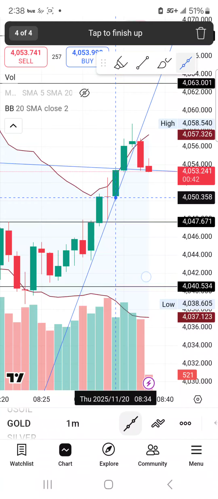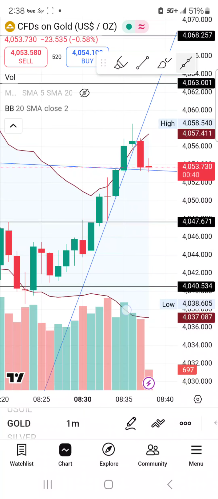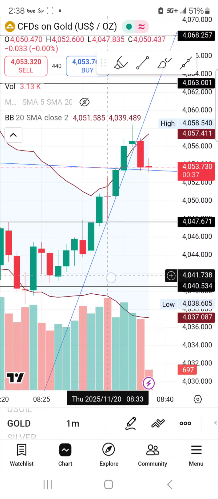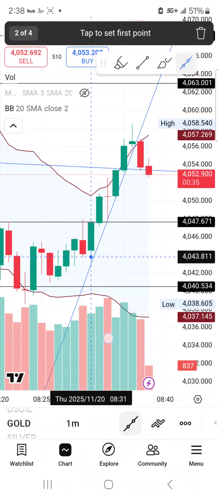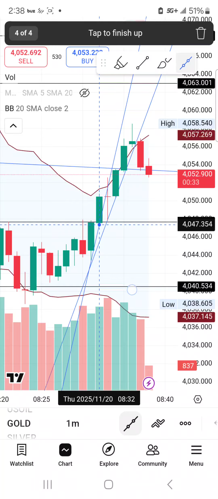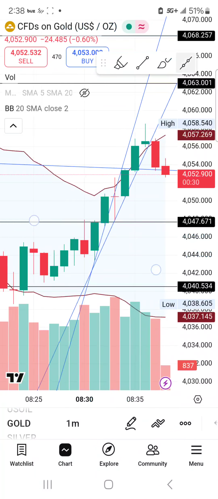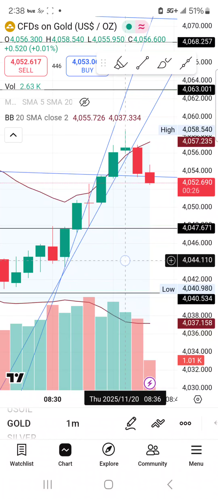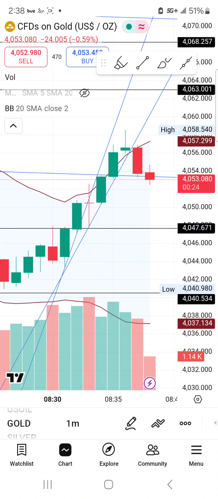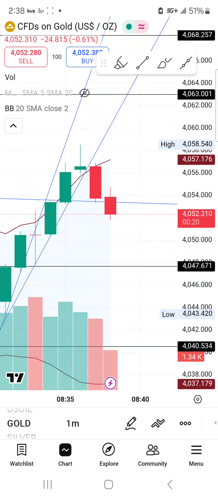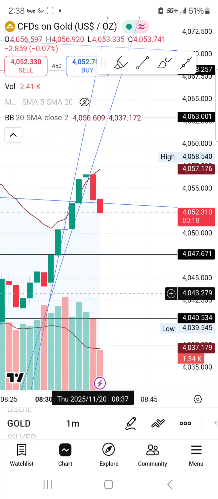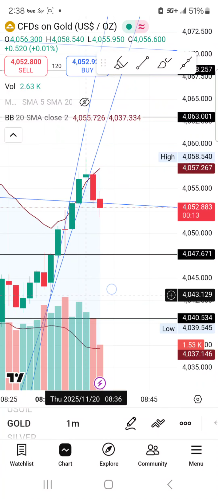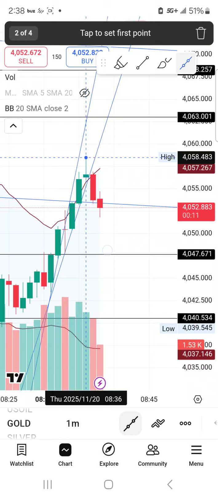Okay, just like that. It aligns pretty well from right here, but this was even stronger. This was a bit stronger, and we fell out of that. And you see, as soon as we fell out of this algorithm, this candle right here, 8:36. That's the time. And personally for me, where I'm at right now, it's 2:38 a.m. It's a very late video for me. Very busy throughout the day, but here's the selling algorithm, which could be controlled selling.